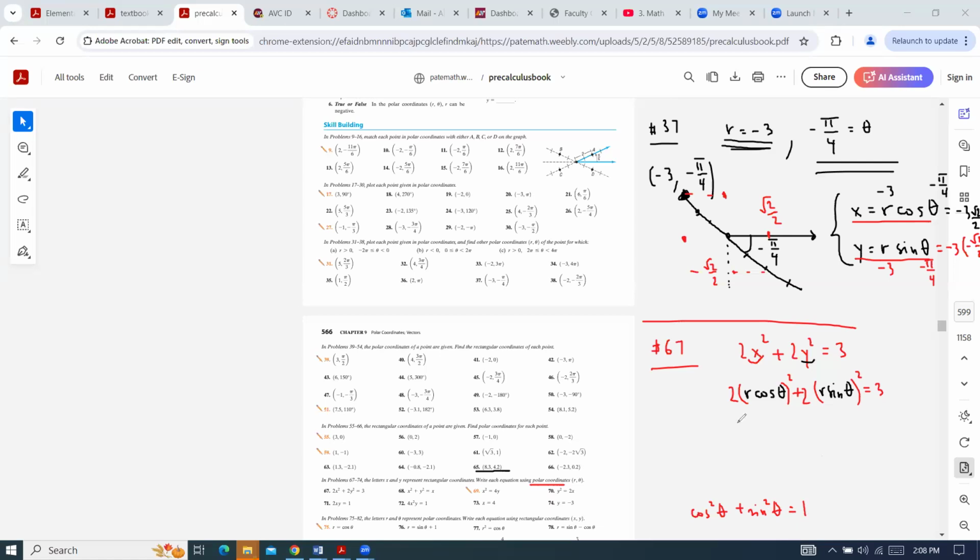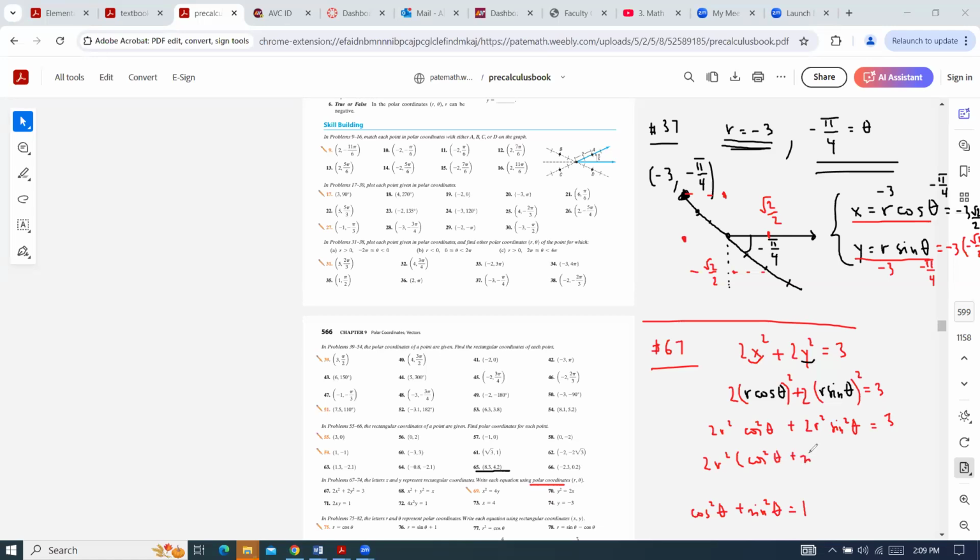So it looks like we got 2r squared times cosine squared, and also 2r squared times sine squared is equal to 3. So what I want to do is factor out, oh, somebody just sent me homework, that's great. So I'm going to factor out 2r squared and now cosine squared plus sine squared, my favorite